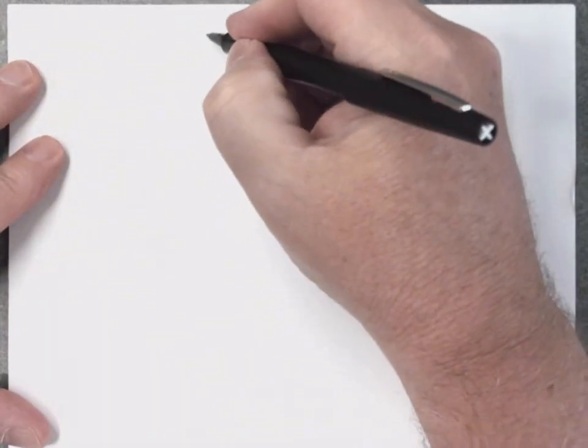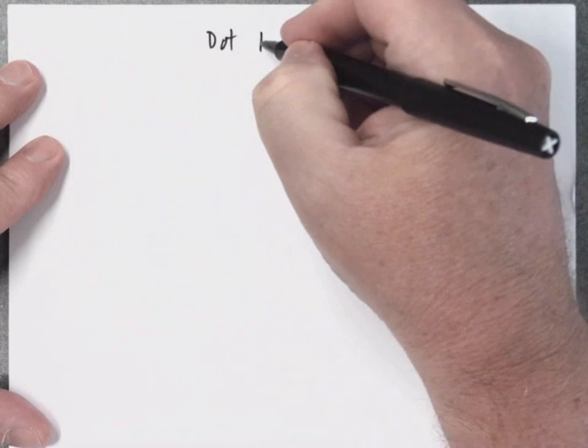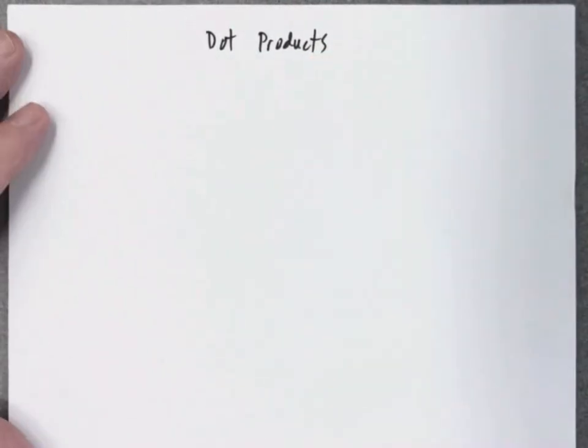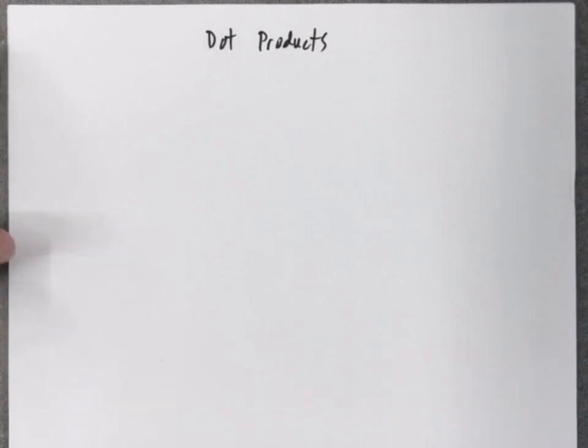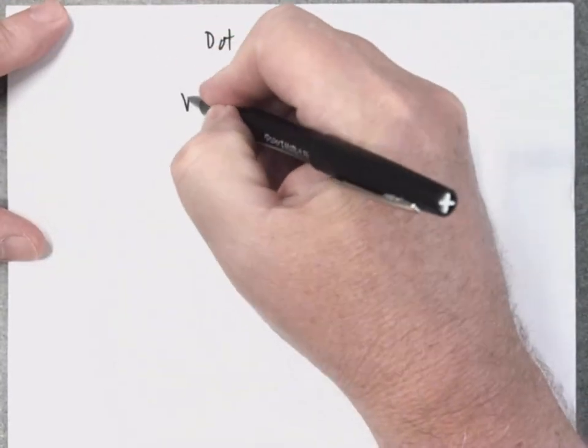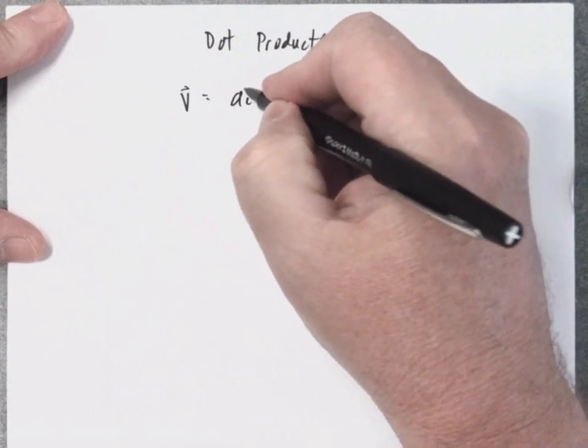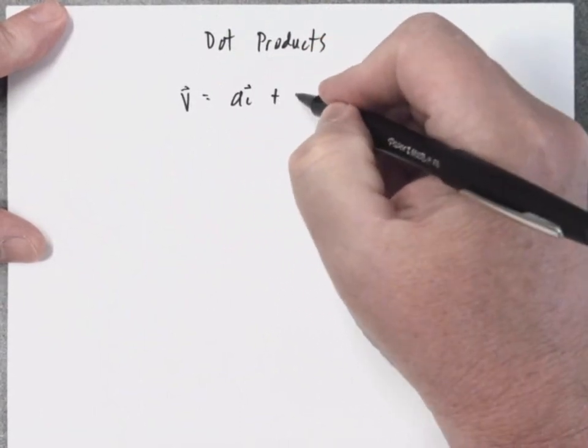We're now going to do some problems that involve and use the dot product. So let's do a couple quick sort of definitions or formulas. So dot products involve having two vectors. So let's say vector v is, we write this in,